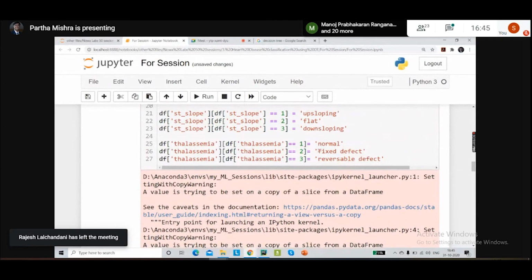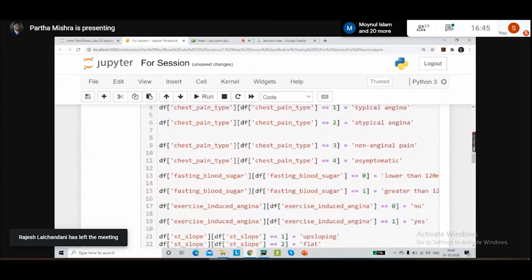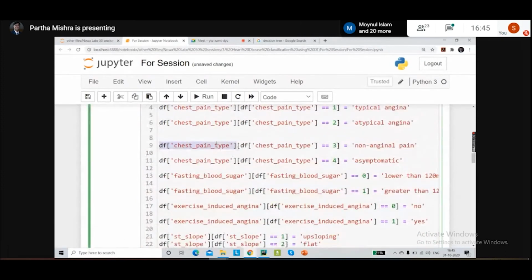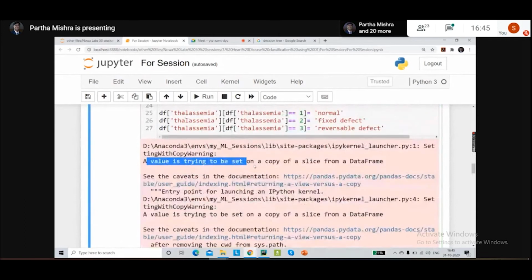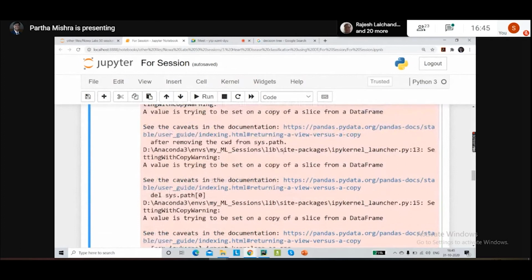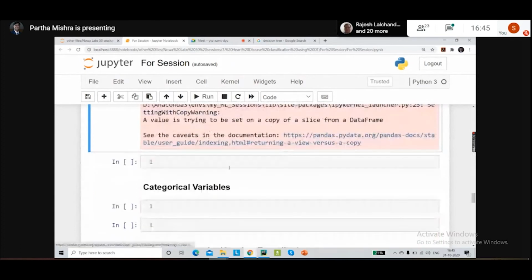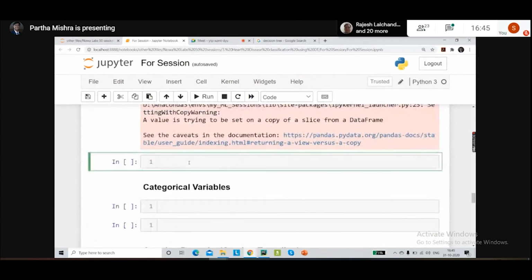That is because we are taking this particular filtering piece, and on top of that, we are trying to enforce these values. So that is what Python is telling us. The value is trying to be set on a copy of a slice. It is telling the same thing for every column that we have put in. So we can ignore this warning.